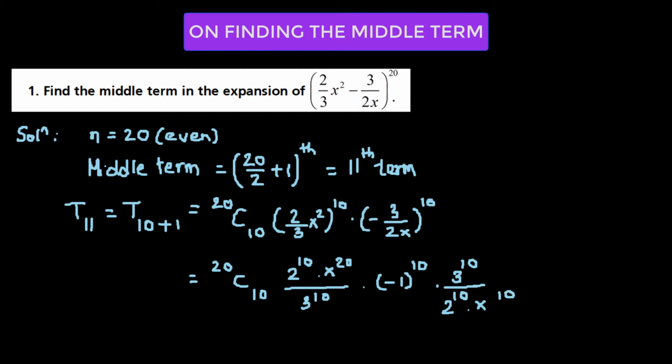Now we factor out all the common terms. So we have 2 raised to the power of 10 in both the numerator and denominator. So they factor out, leaving behind 1. Similarly, 3 raised to the power 10 is also found in both the numerator and the denominator. That factors out. So all we are finally left with is